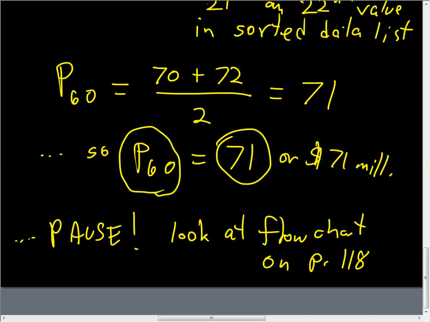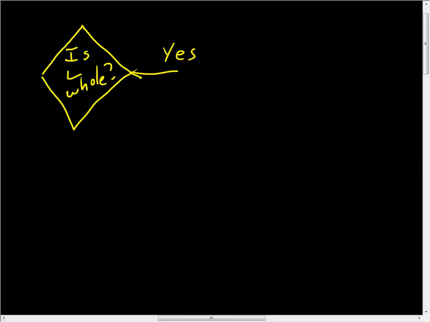Basically on that flow chart on page 118, you'll see the crux of what to do, how to find your value, is in this decision diamond that asks you, is L whole? Of course the book is much fancier than I can replicate here by hand. If the answer to this question is no, if L is not whole, then we round L up